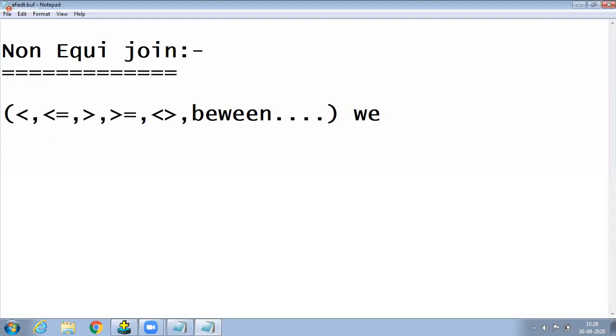Close the brackets. Based on operators other than equality, within the brackets, these operators, write it: we are retrieving data from multiple tables.